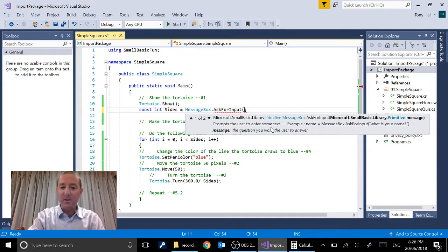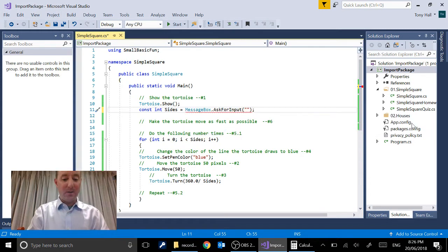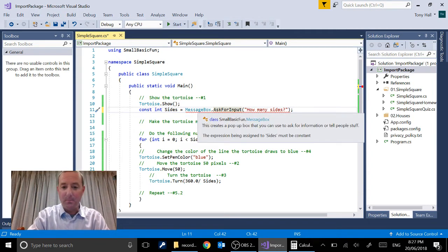and we enter our bracket, you'll see that it's going to prompt the user to enter some text. Here's an example, message box, ask for input, what is your name? Now we don't want what is your name, so we want to ask how many sides. Inside quotes, we're going to prompt them how many sides, and I'll make that 0. And so now when we run our procedure, we should be prompted,